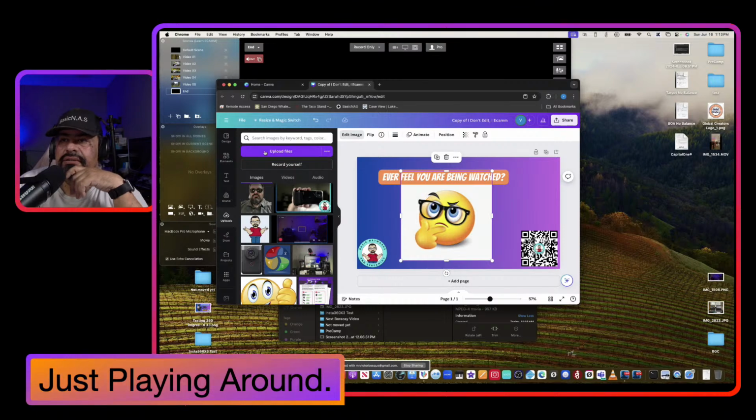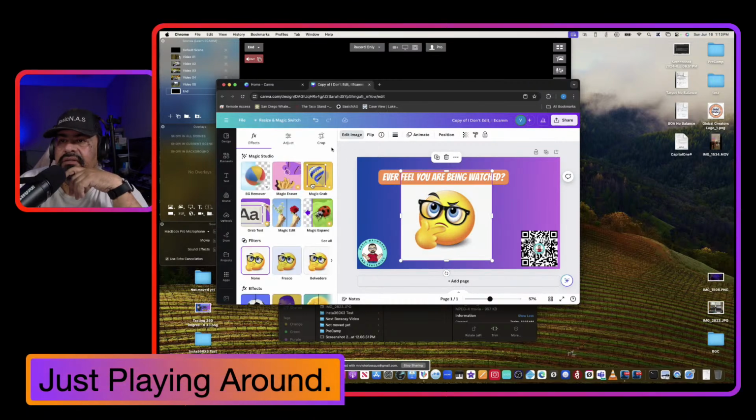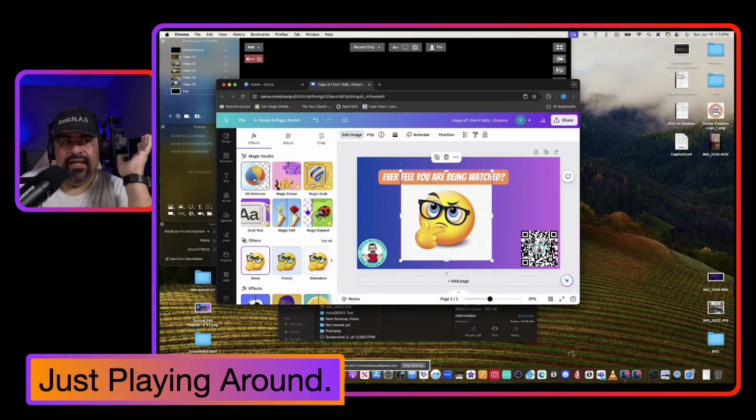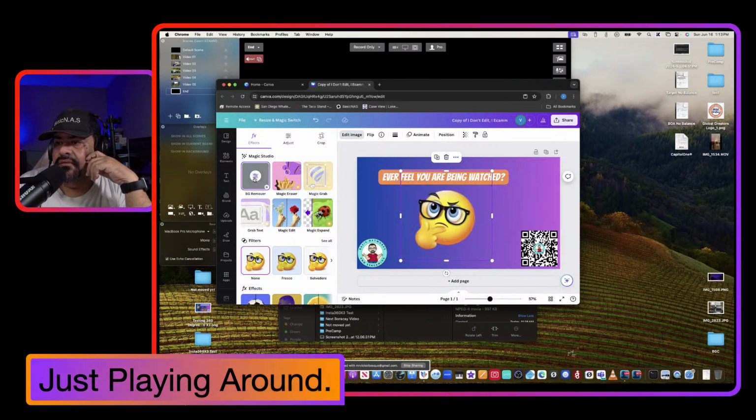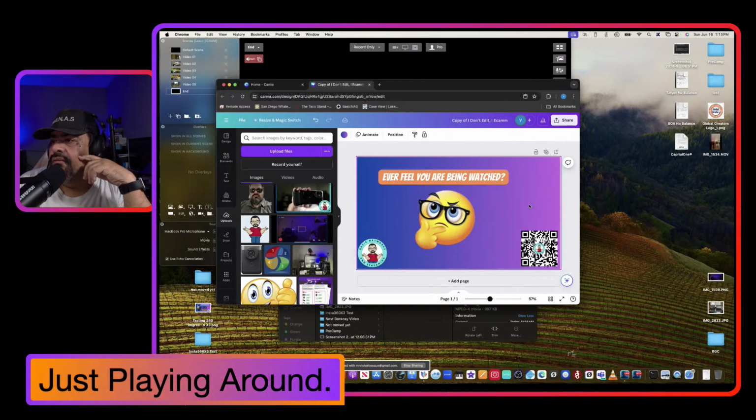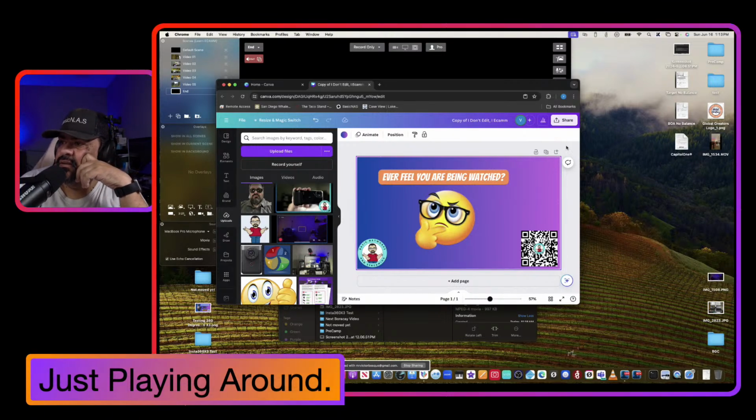Edit image. And I'm doing this remotely, so the computer doesn't respond that great. I'm just saying. It's a little plain, but again, I'm not a designer, so